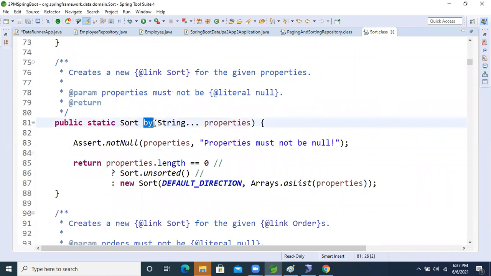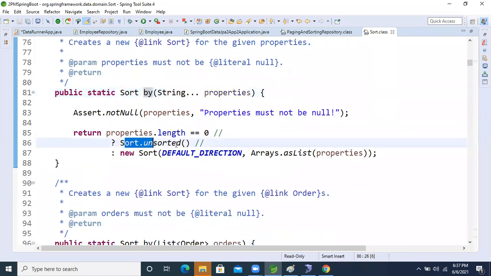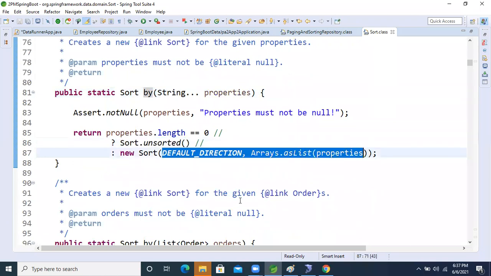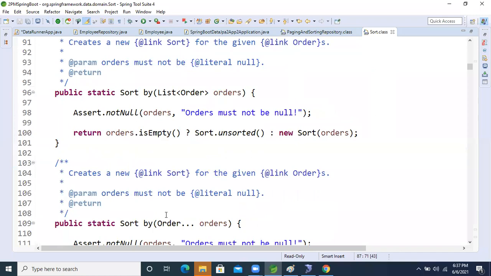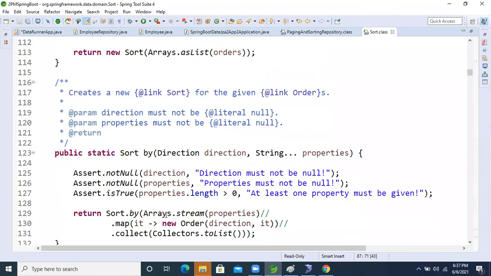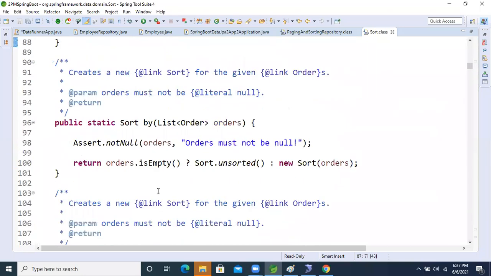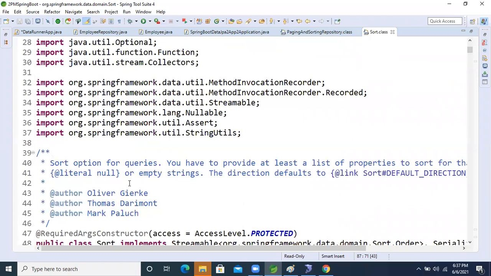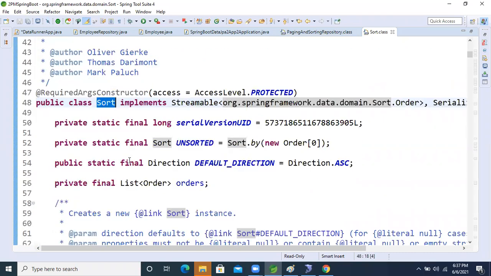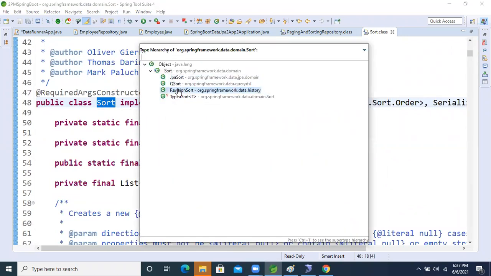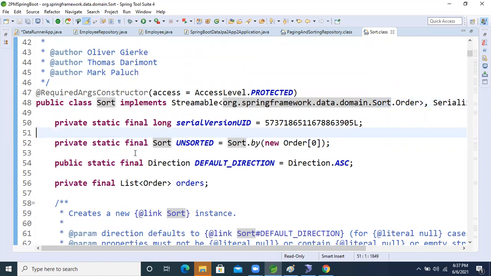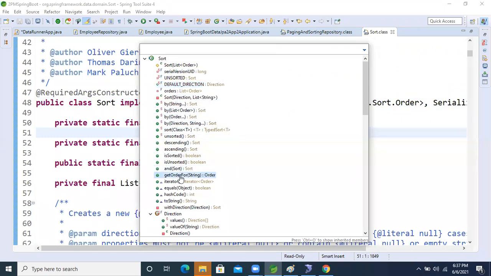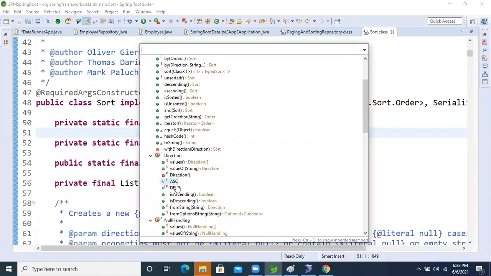The stream is there, by is there, sorted by takes an argument and it will return the sorted result. Open the implementation class, Control O. ASC and DESC, these are the enums.